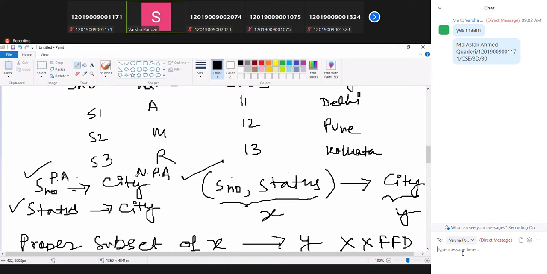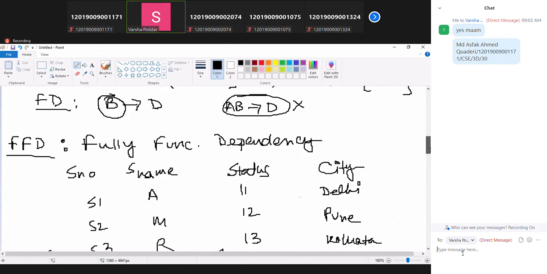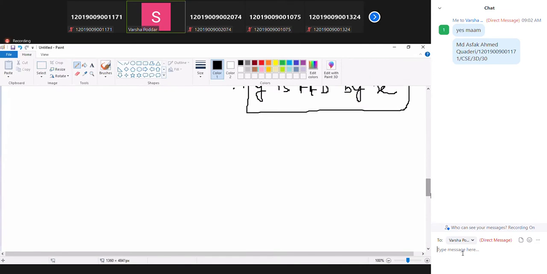Like suppose your enrollment number and your name together are trying to determine your marks, suppose. But your enrollment number alone is also capable of determining your marks. So that type of dependency is named as partial dependency. A part of a candidate key, that is a prime attribute, is trying to determine a non-prime attribute. We call that a partial dependency. Okay. Next we will go to